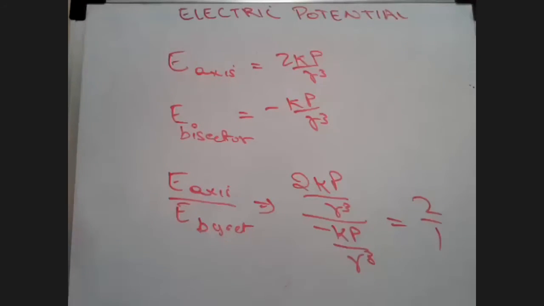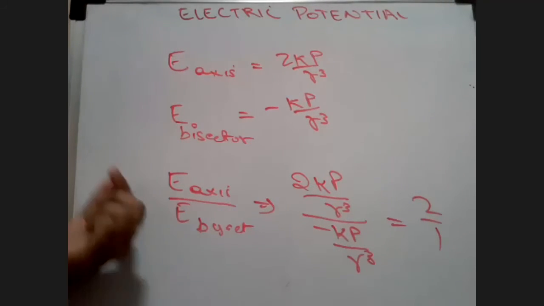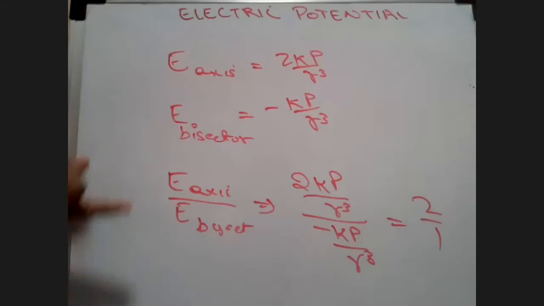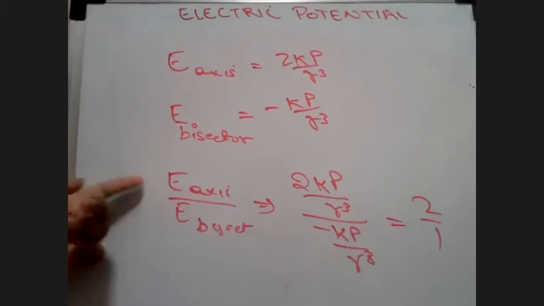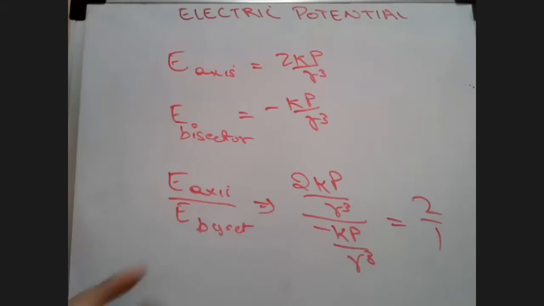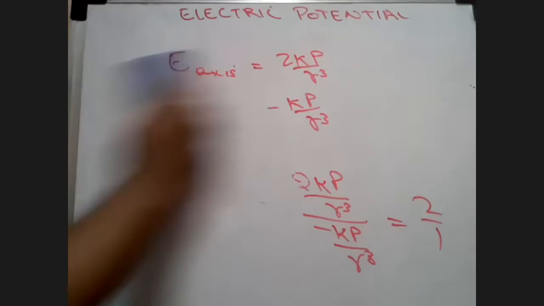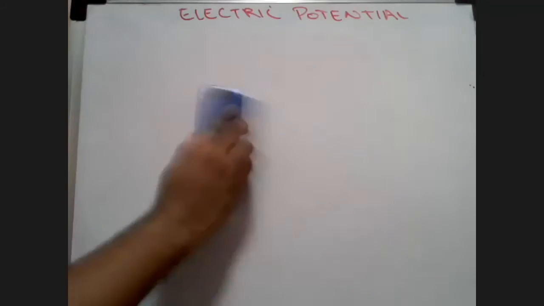There can be questions. They give you E bisect. If they give you E on axis, and they tell you to find out E bisector, you can use this concept. This is the concept in the form of a question. Okay, is that clear? Small concepts are important to know. They help us to understand more complicated concepts.